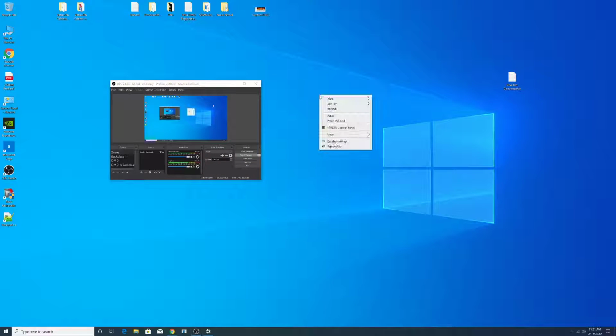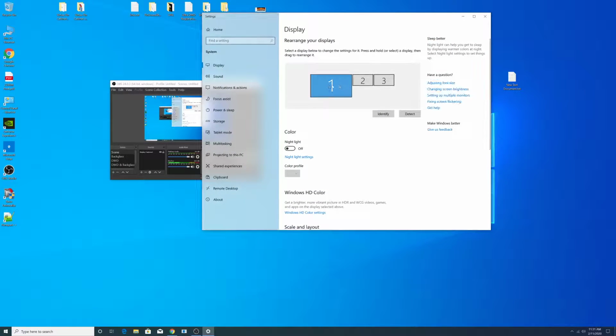It's the screen position. It must be like this one. I have a three screen setting: Playfield, backglass, DMD. Make sure they are next to each other, all lined up from the top. So this one would not be acceptable. Okay, they must be next to each other, and make sure that the scale,